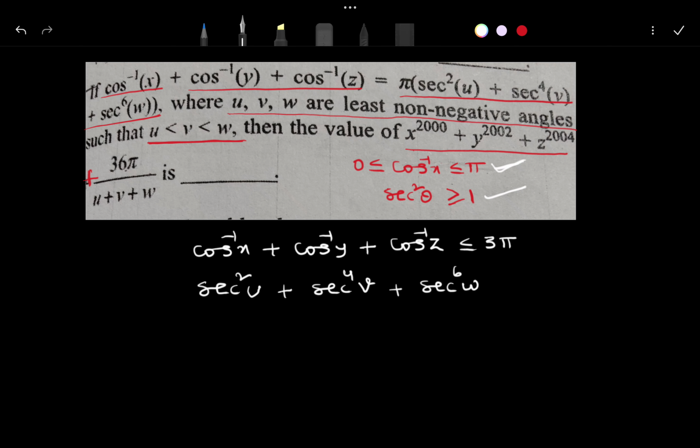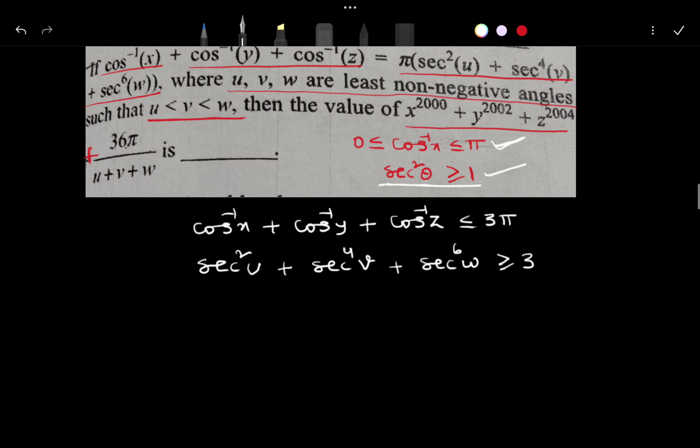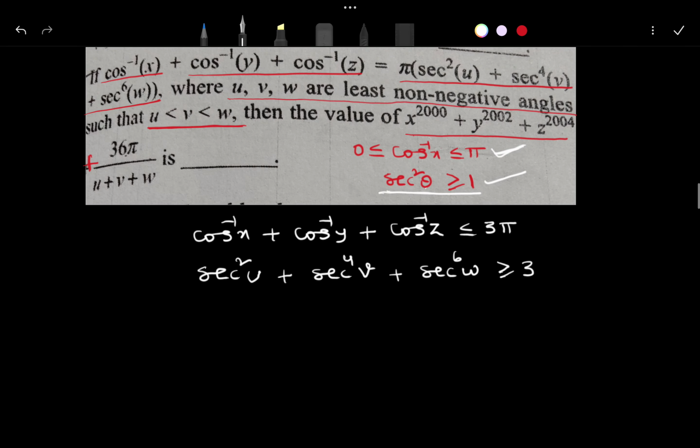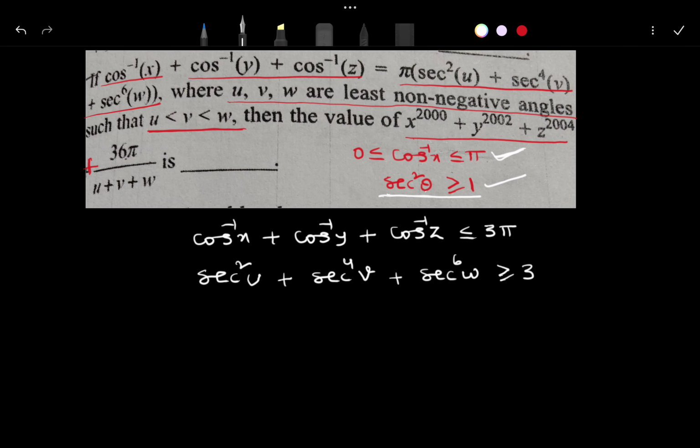This one is always greater than or equal to 3. Why? Because from this one you can say that put theta equals u, theta equals v, theta equals w. Adding all these three, you will get this value. But on the left-hand side and right-hand side, pi is multiplied with this one. So if we multiply this one with the pi,